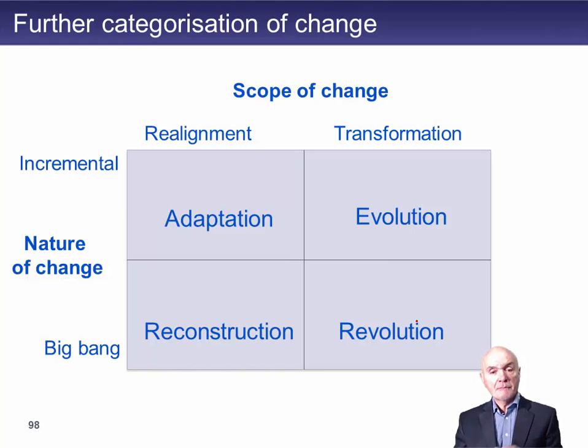And it puts these into these four quadrants. And really what it's, I think, mainly mapping out is the amount of risk which is involved. So if we think about the top line here, they're both incremental changes. They are gradual changes. You have time, and probably it's reversible because you're going in a fairly gentle kind of fashion. You haven't burnt your bridges, really. So you are changing one department, and you're changing it fairly gently, fairly slowly.